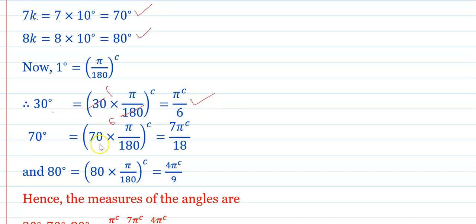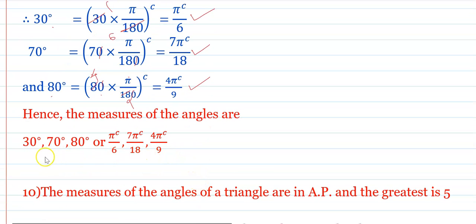70 degree, 70 into pi upon 180, again 0 0 get cancelled. 7 pi by 18 radian. 80 degree means what, 80 into pi by 180. This 0 0 get cancelled, and again we will simplify this. This is the 4 and simplify with the 2. That is 2 4s are 8 and 2 9s are 18. Then you will get 4 pi upon 9 radian, and hence the measures of the angles are in degree and these are in radian. Okay,